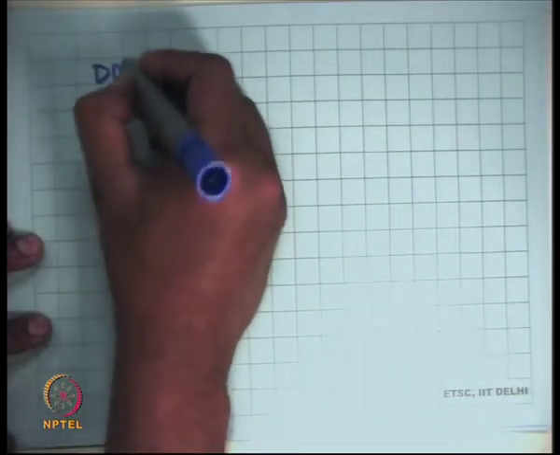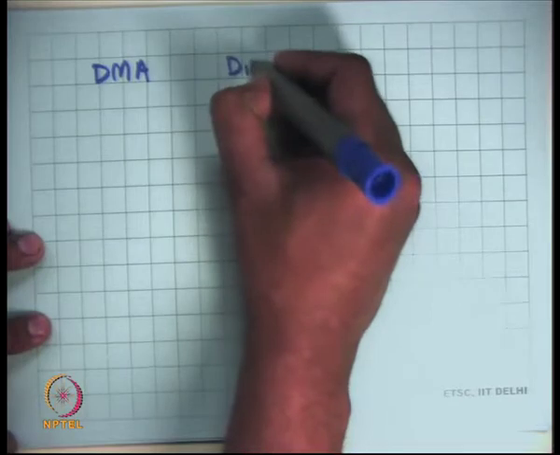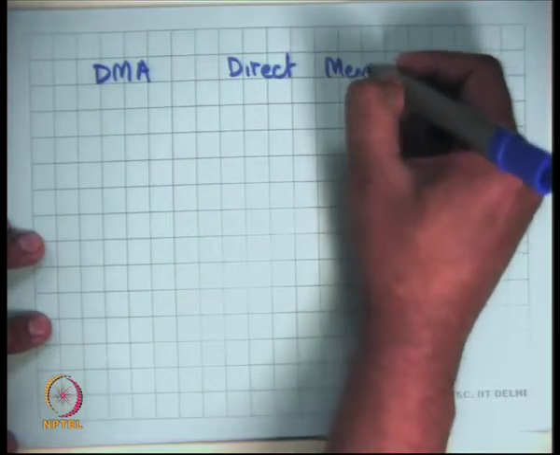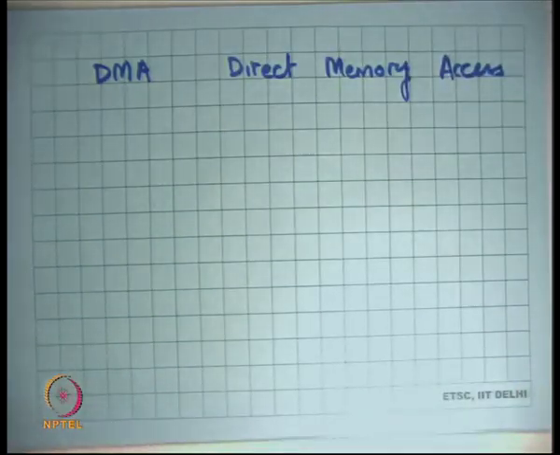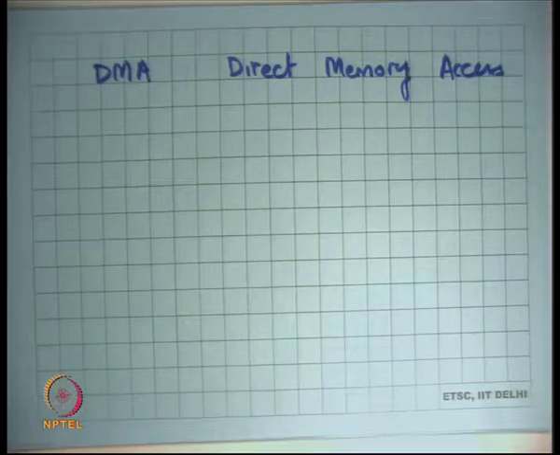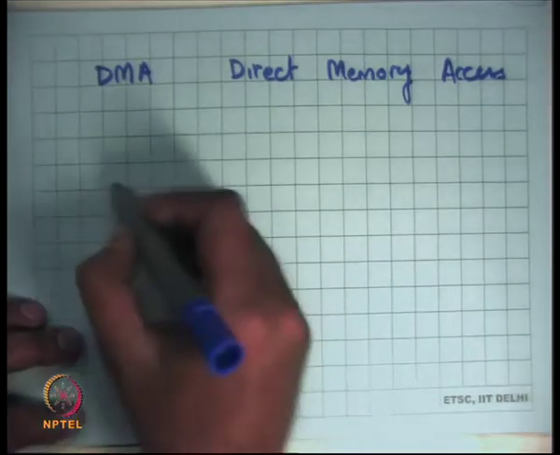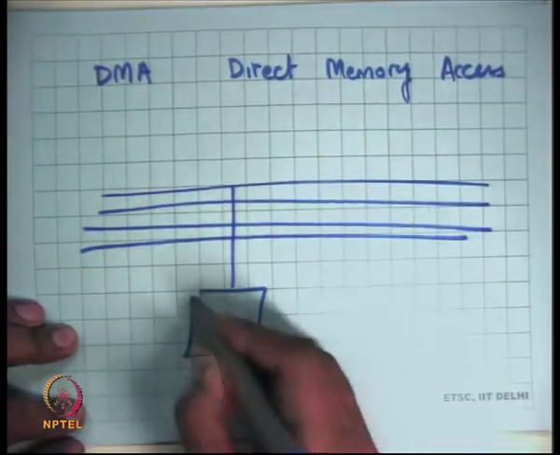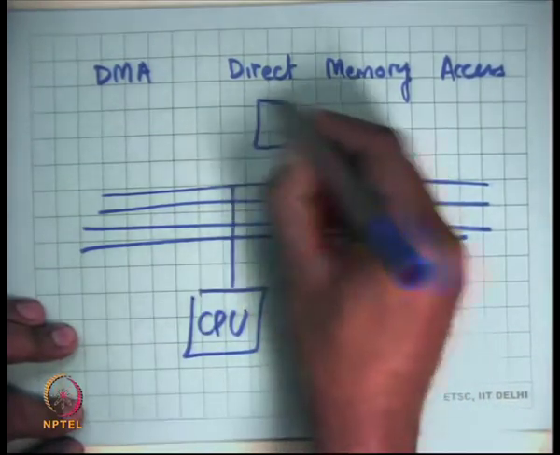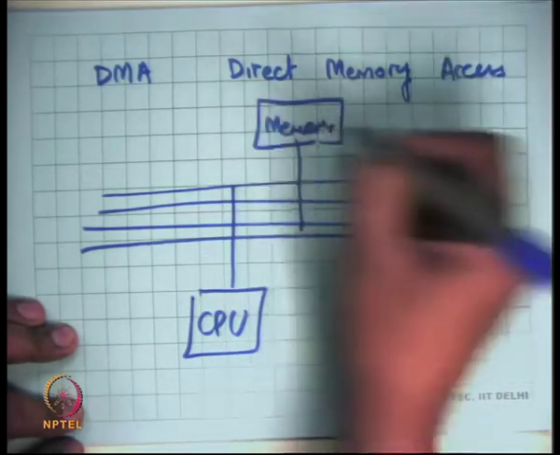Finally, disks or other devices support what's called DMA, or direct memory access. What does this mean? How does the CPU initiate transfer? Direct memory access says that the device can directly access memory without needing the help of the CPU to do this transfer. So if I just draw the diagram again, this is my bus, this is my CPU, this is my memory, and this is my disk.